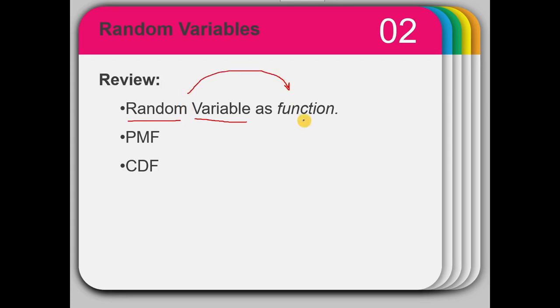We defined that function and that function actually helped us to plot the different probabilities of that random variable, and we called that the PMF of the random variable. When we derived the PMF of the random variable, we also defined the CDF of the random variable, which was actually accumulated probabilities of that random variable. So having this knowledge of what a random variable is, what is the associated PMF and what is the associated CDF with it, we now extend our discussion to some specific random variables.